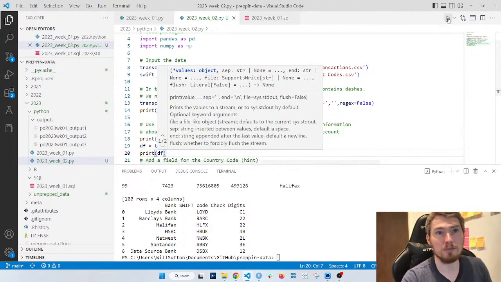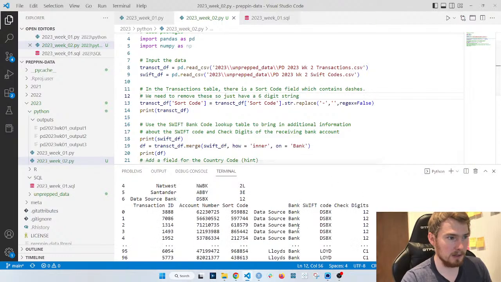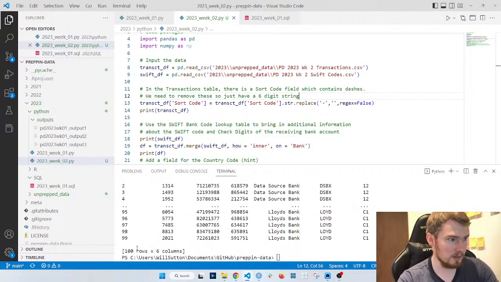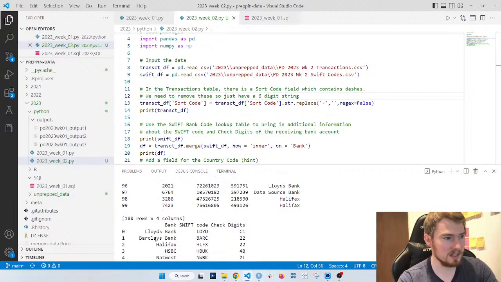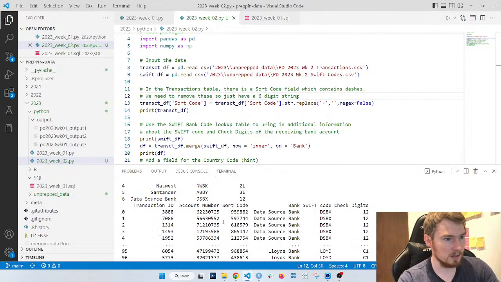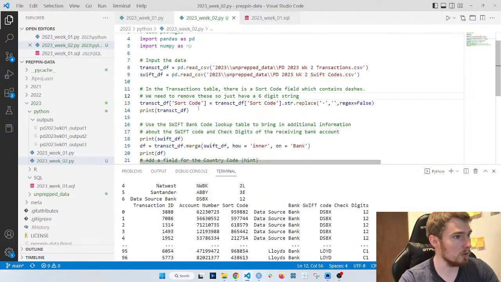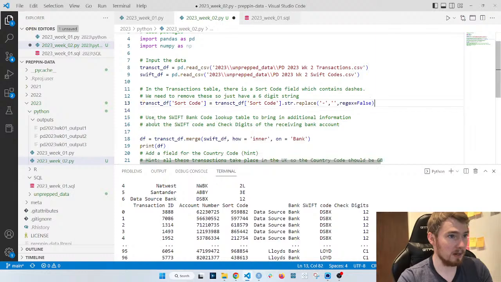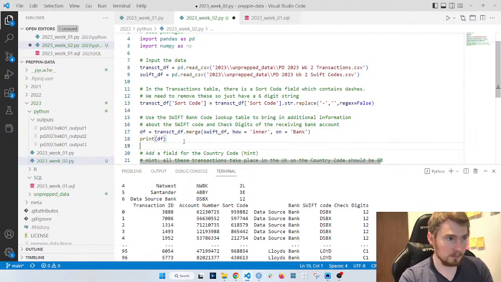Okay, let's give that a run. Okay, so I've got my data frame come back. I can see this is joined together. I've got 100 rows, and I've got 100 rows in my transaction data, so that looks good. We haven't lost anything, haven't gained anything, so all good. So okay, I can remove these other data sets because I'm now working with all the data together in one place.